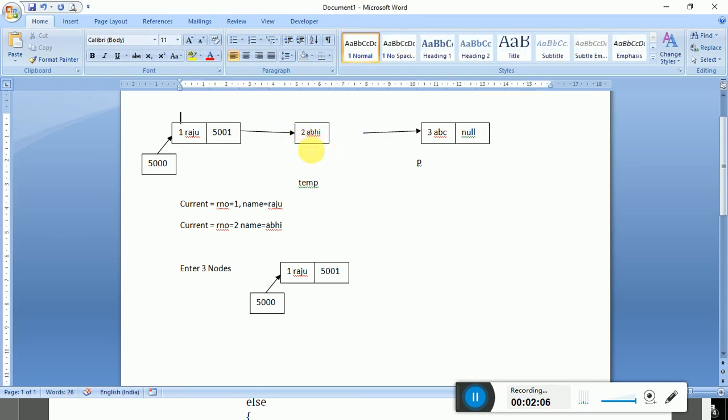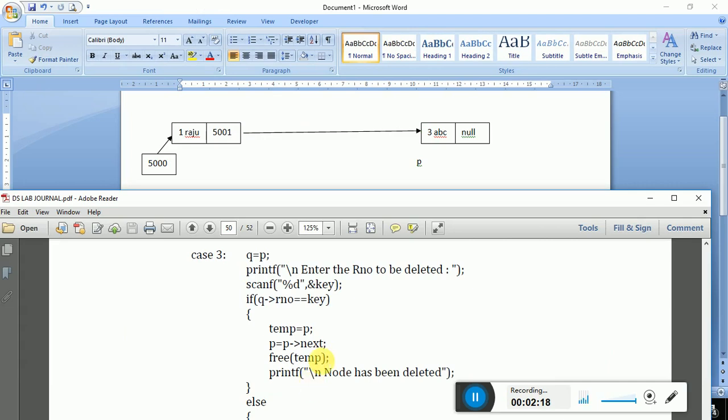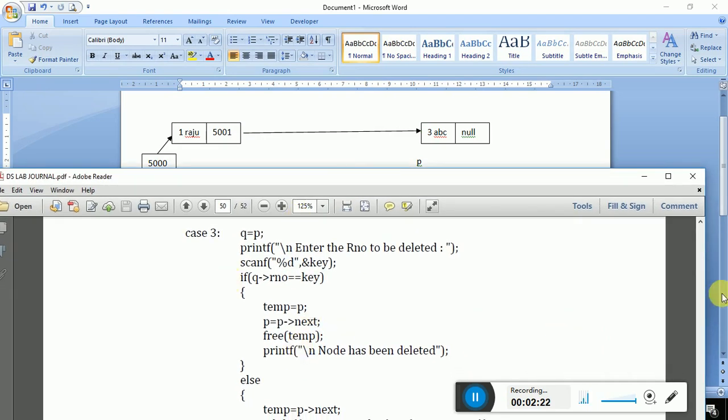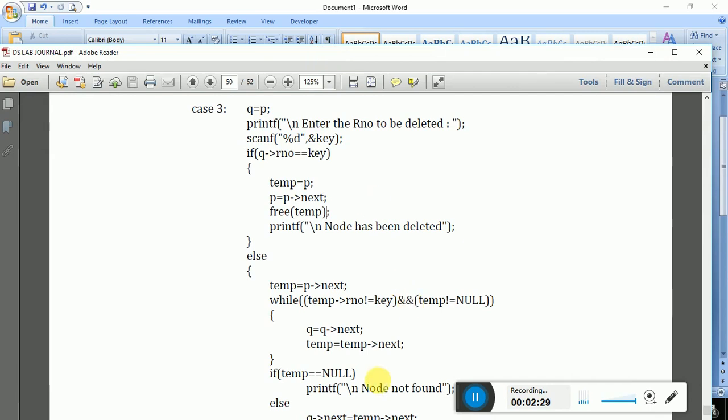So like this it will get deleted, and here it will assign the arrow mark like this, meaning the temp will be freed. It will search for the roll number. If it is not there, it will show node not found.